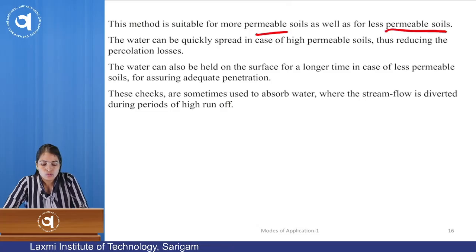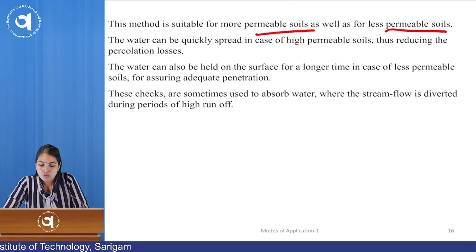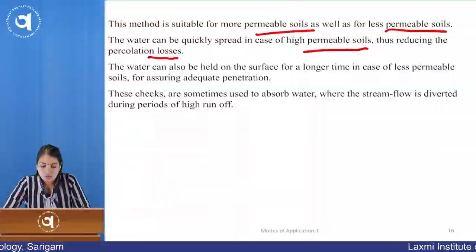What is permeable soil? You can understand. Permeable soil means the soil has more permeability. The infiltration rate is high for the soil. So this water can be easily spread in the case of highly permeable soil, thus reducing the percolation losses. This water can also be held on the surface for a longer time in the case of less permeable soil